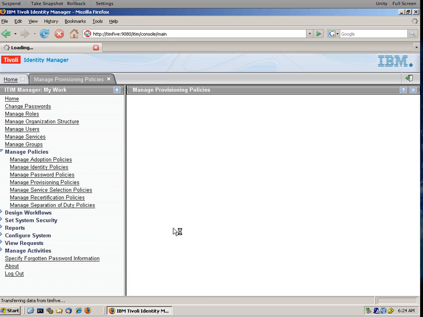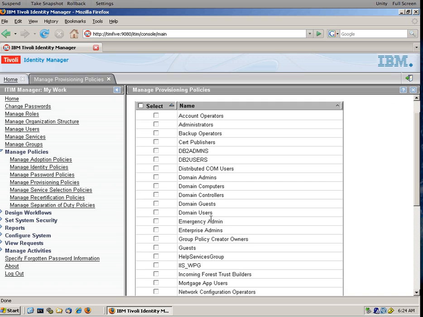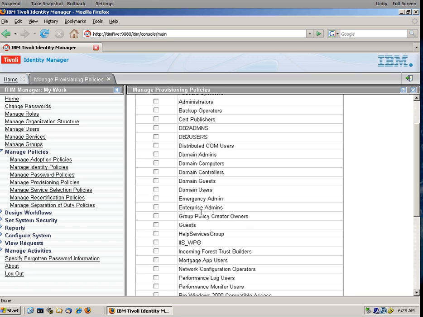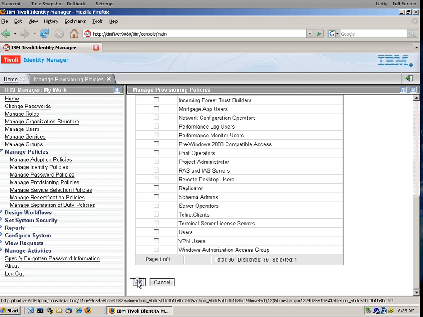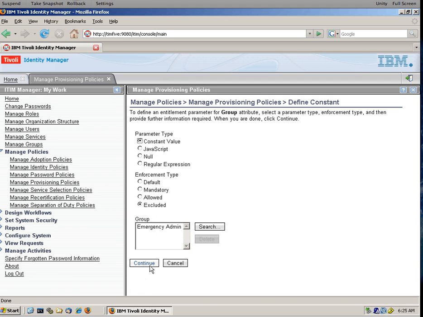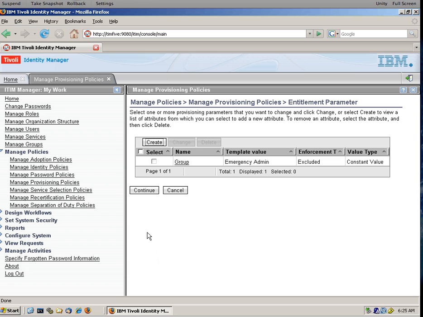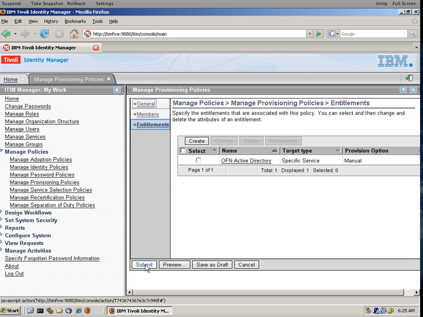So we click here on search, and what's the group that we are interested in preventing anyone from being? Emergency admin. Here it is. So we click OK, continue, and that's all we need to do. We submit that,